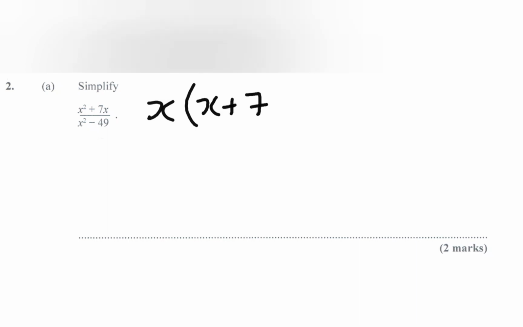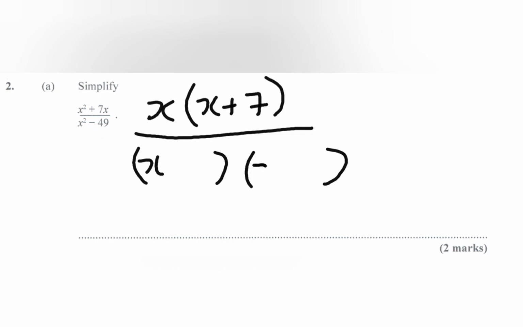If we look at the denominator, which says x squared minus 49, we can observe that that's the difference of two squares. It's the difference of two squares because the first term, which is x squared, is a perfect square, and the last term, 49, is a perfect square as well. And the sign between them is a minus sign. To factorize the difference of two squares, we put the roots of the square terms in brackets. So we're going to have x plus 7 in one of the brackets, and we're going to have x minus